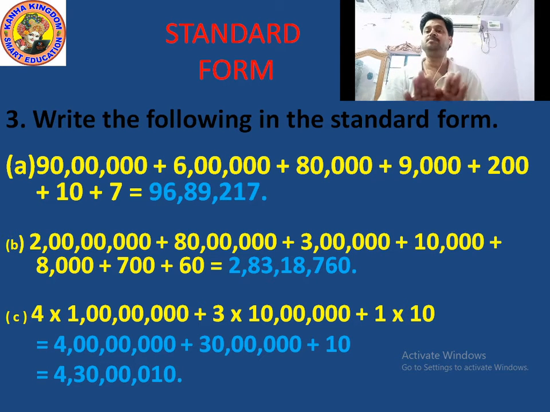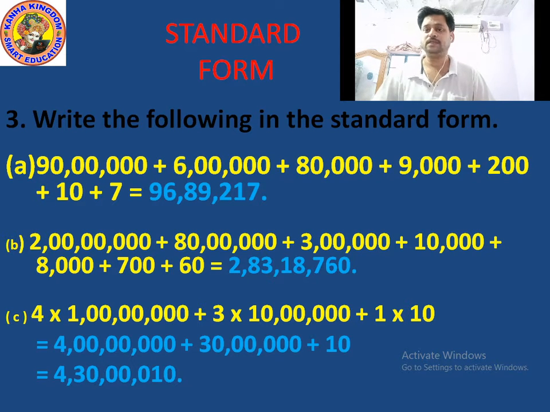Means 3 is multiplied by 10 lakhs. When 3 is multiplied by 10 lakhs equals 30 lakhs. Means 4 crore plus 30 lakhs. Now plus 1 into 10. If 1 into 10 equals 10, then now you see crore,